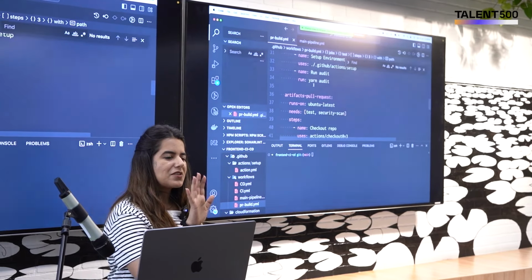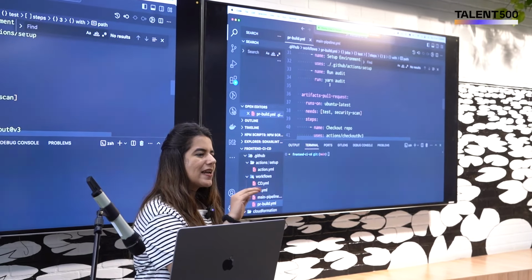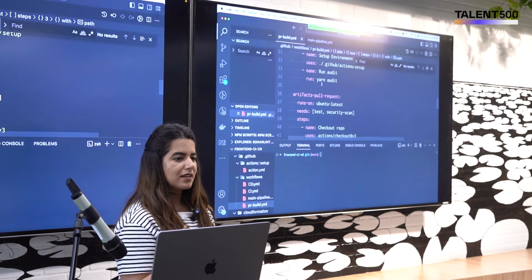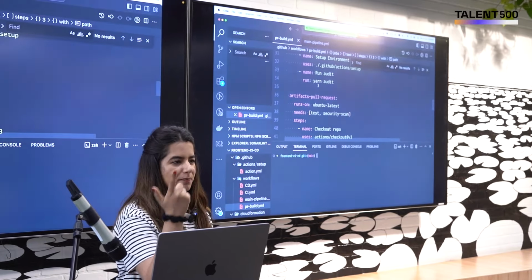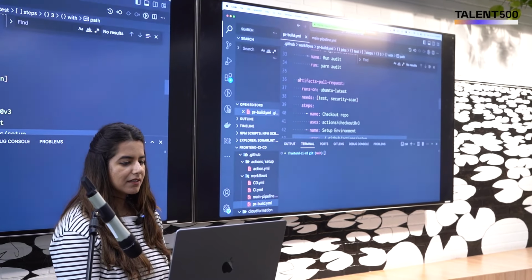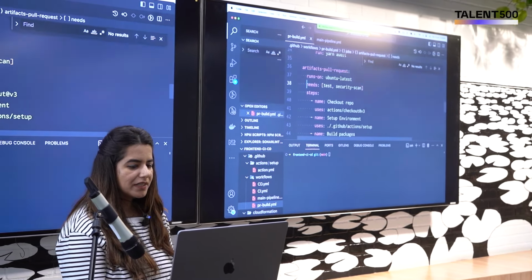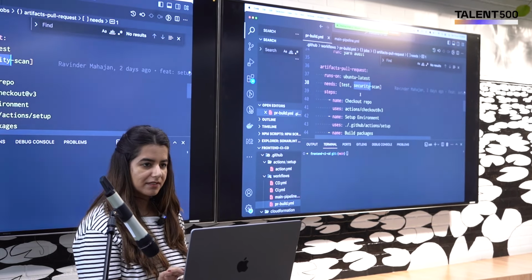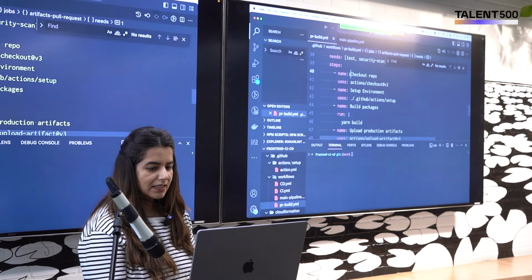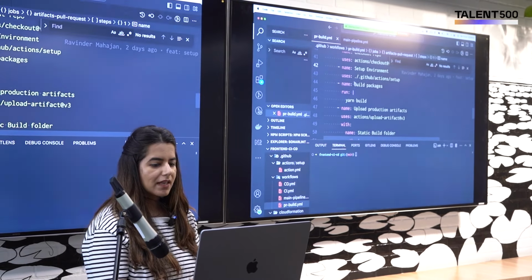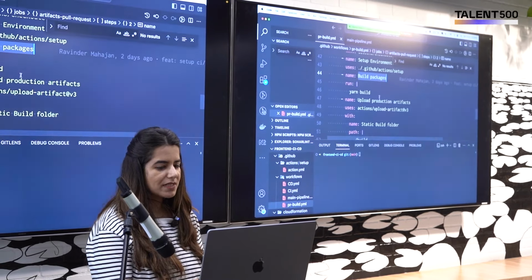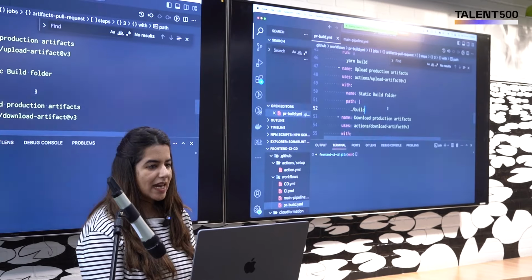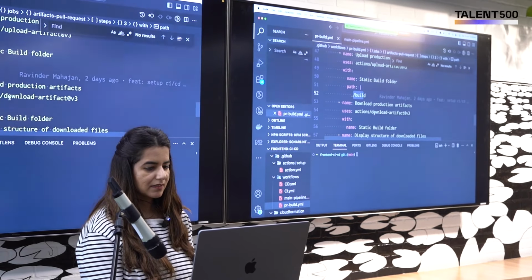What if the security scan fails? Would you still like to put your build folder into the artifact and deploy it? No, right? Then that means I have to make it dependent on the previous jobs. So how will I do that? So for the artifacts creation, I would need the test and the security scan job to pass, and then only this would run. So I will quickly check into the repo. Once all of these things pass, I will build the package using the yarn build script, and then I will create an artifact named static build folder using this path.